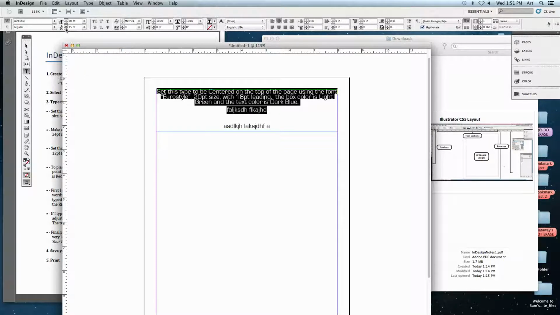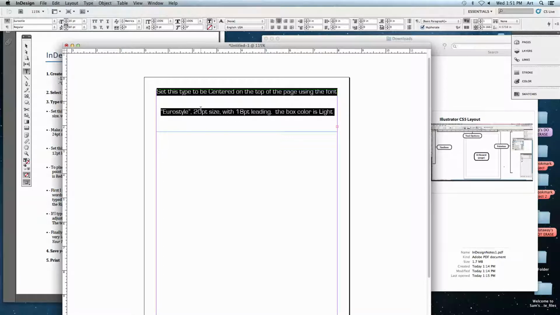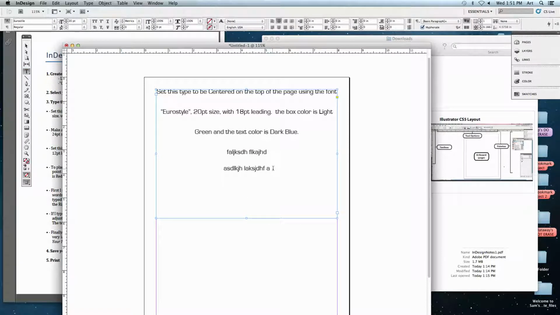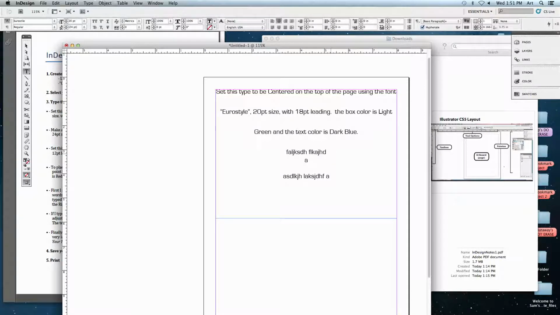If I was to make it even smaller, let's bring it down to something ridiculous like 3 point. You can see the distance between one line and the next line is drastically different. If I was to set it to something really big, like I'm going to highlight it and type in 60 point, hit return. Now it's so big, the distance between one line and another one doesn't even fit into my text box. So this is a great way, instead of having to hit double space, if you were, say, typing a research paper and you wanted it to be double spaced, instead of hitting return twice, if I was to just hit return again, say right here, and start typing,